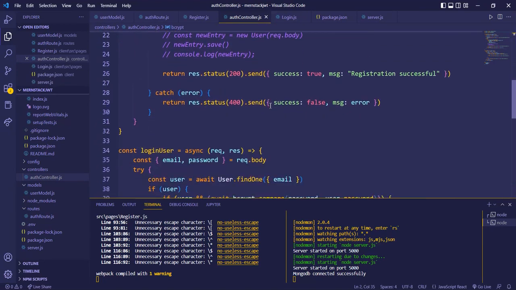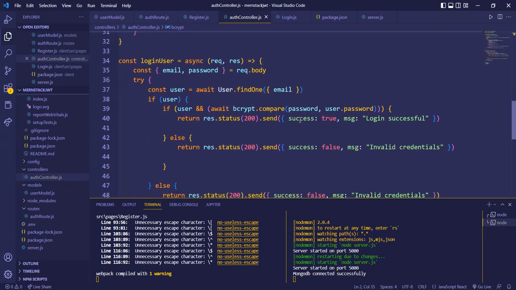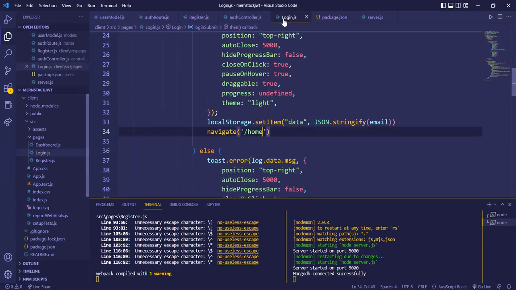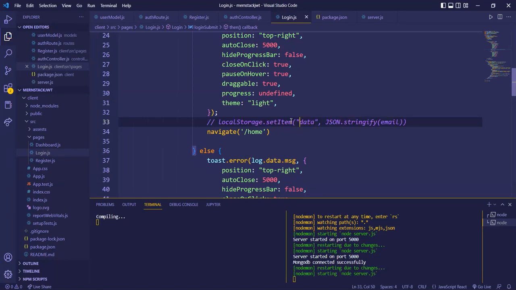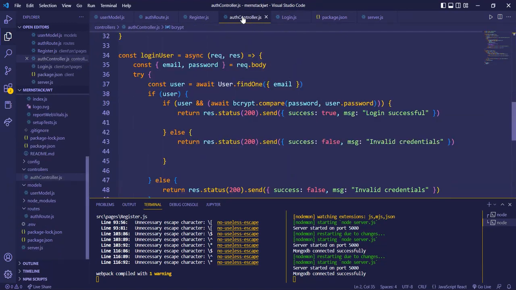So while logging in, we are storing in local storage, right? So instead of storing it in our front end, we need to store it in the back end. We'll remove this and we'll go into this login user. Once the successful message is done, here we need to do that. So once it is successful,